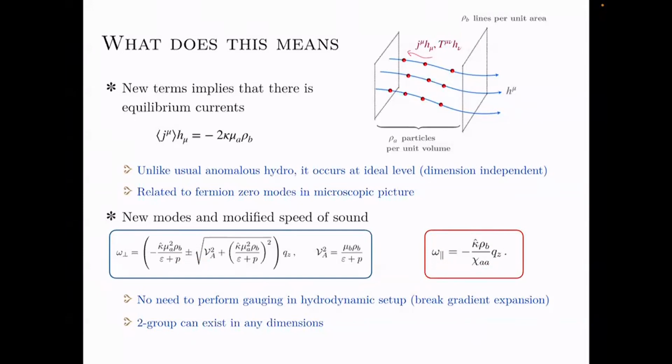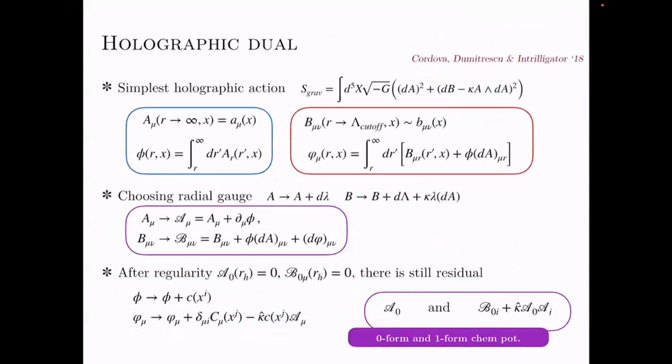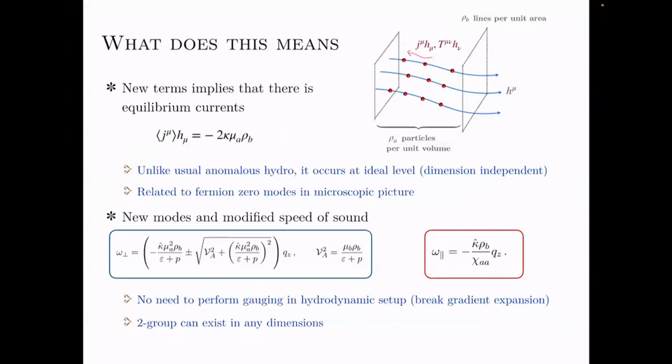Sorry, before you continue, can you comment on these fermion zero modes? Because we have an effective theory, you don't know whether you have fermions or anything. Right. Okay. So you can do the free theory computation for a QED-like system that we know has a two-group global symmetry, and compute the